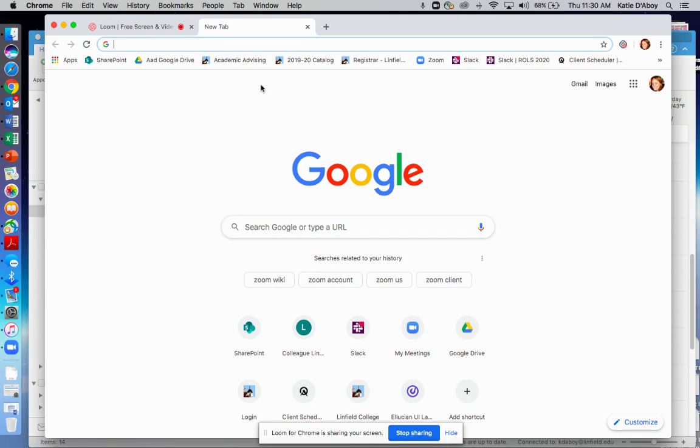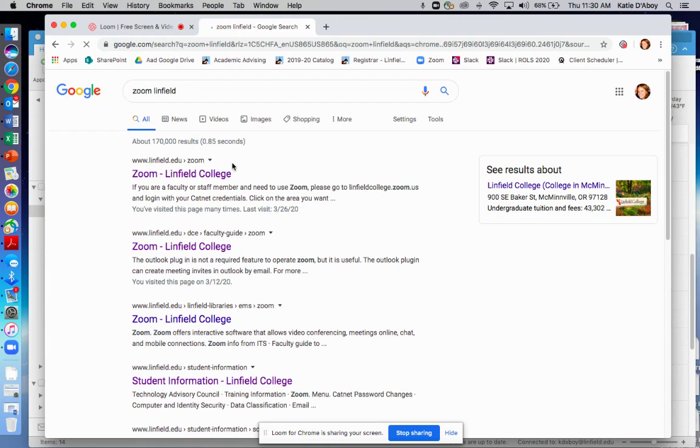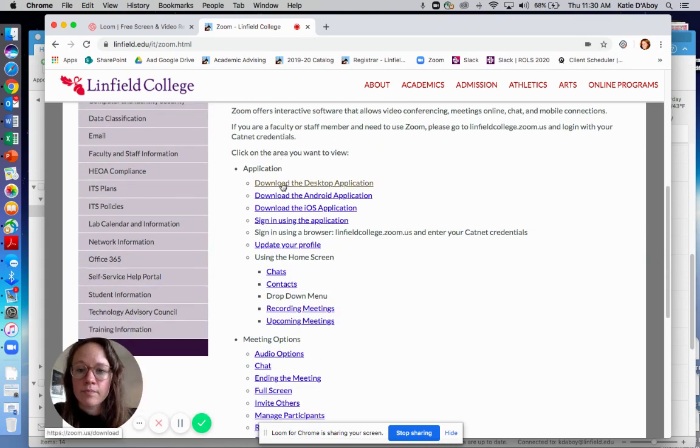department. So the easiest way to get started with setting up a Zoom meeting is to search Zoom Linfield in your browser. And this will take you to the ITS webpage about Zoom. You can access Zoom from a desktop application if you download that. It is free to download. You can download it as a phone application. And I prefer, it's just easiest for me to copy and paste the URL into my browser, which is